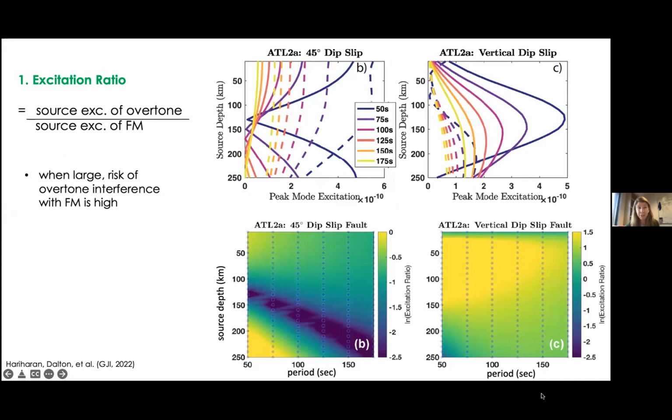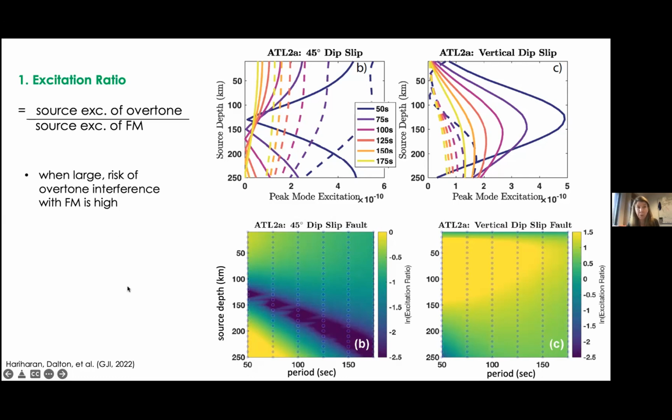One is called the excitation ratio, which is just the ratio of the source excitation of the overtone to that of the fundamental mode. And you can see in the bottom panel here, I've plotted the excitation ratio for Love waves for a 45-degree dip slip fault with different source depths, and also for a vertical dip slip fault at different source depths. And when this excitation ratio is large, it suggests there's a high risk of overtone interfering with